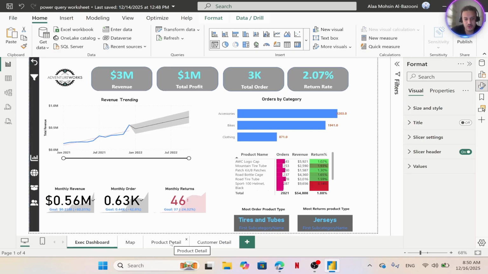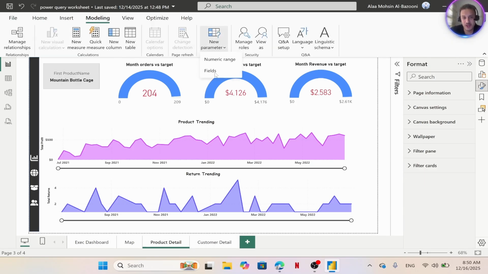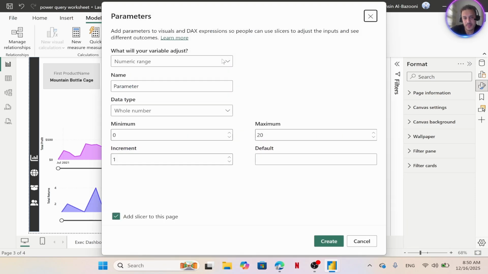The second thing, from product details, we have from modeling. So the idea of parameters is to create new variables, and this variable will be referenced in the measure table, so you can use it as input to create other measures. So to do that, let's get started with the numerical range. The numerical range first, if I need to add, this is adjusted